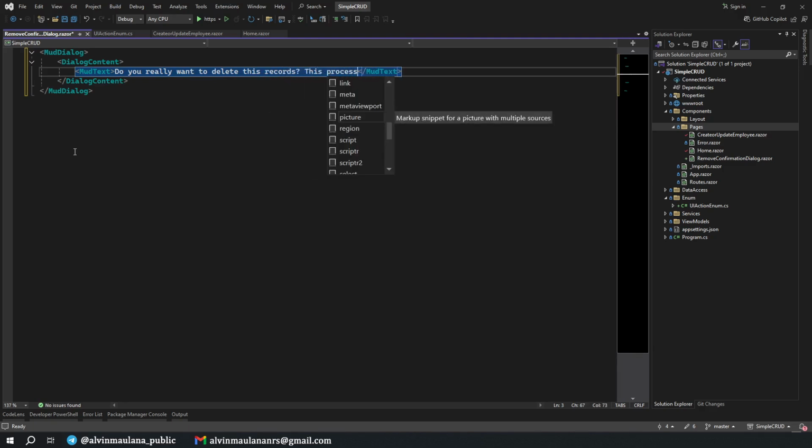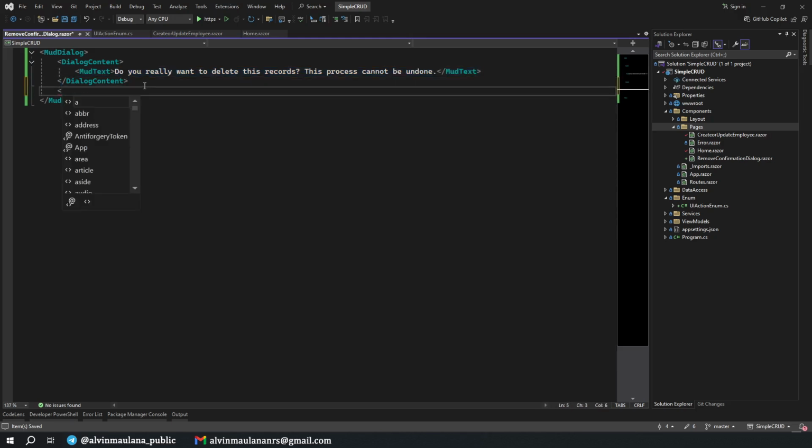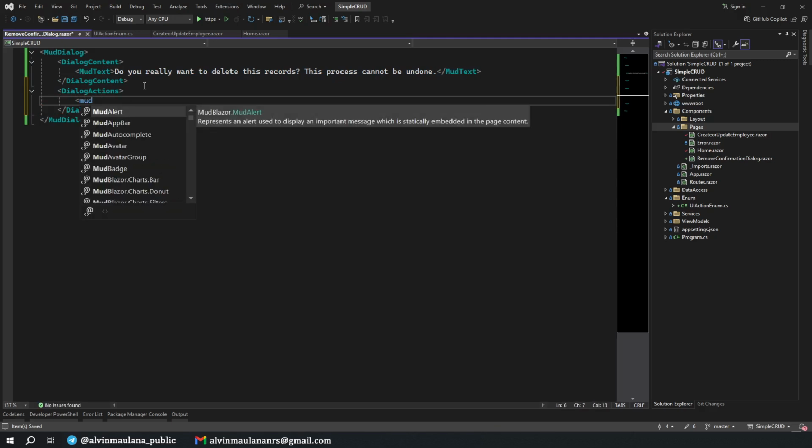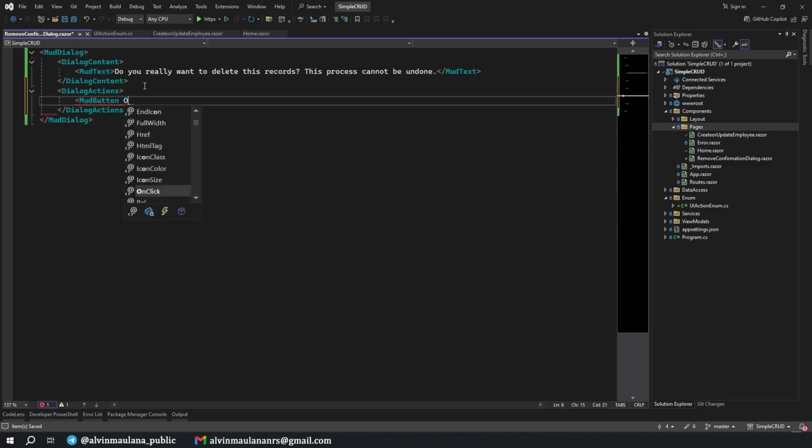This process cannot be undone. And then there is an action if we want to confirm yes or no. A MudButton, with OnClick is Cancel. To cancel, later we define it.